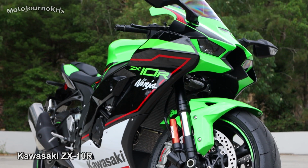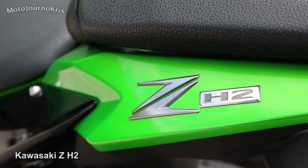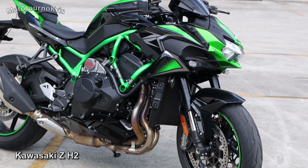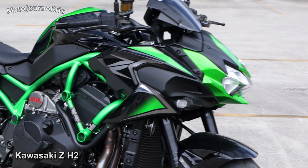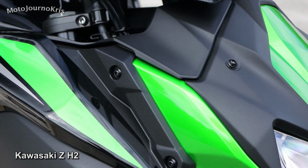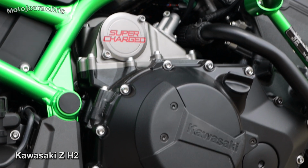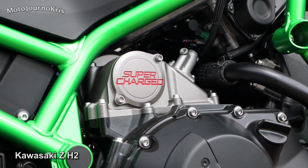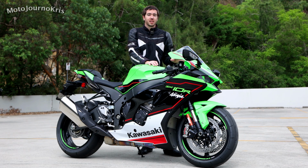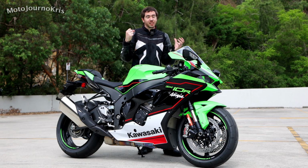The ZX-10 has 213 horsepower to the supercharged 200 on the ZH2. And the difference is that the ZH2 has an enormous amount of torque all the way through the rev range and a really nice top end. Whereas on the ZX-10, what you're actually getting is a relatively gentle kick-in of power below, say, 3,500 RPM, and then a very, very aggressive engine characteristic, which really loves to be revved really hard. It's got a much more aggressive characteristic, I would say, than the ZH2, which lends the ZH2 more to my kind of riding style and my preference between the two machines. The ZX-10 probably has a little bit more capability to scare you in general riding, whereas on the ZH2, it's going to be more when you get right up in that top end and really make use of that supercharger,